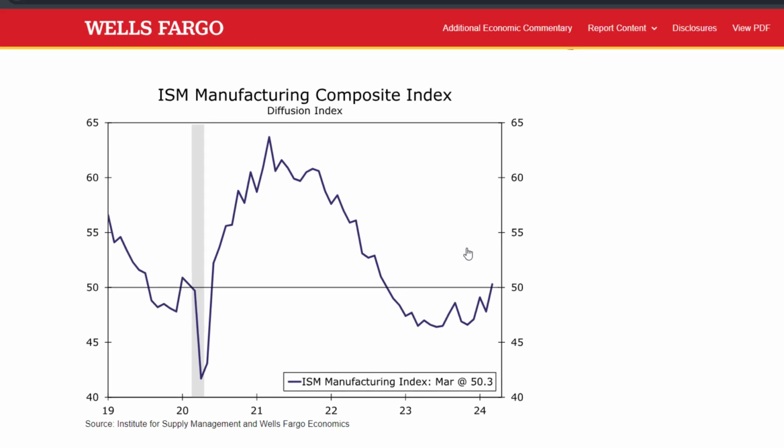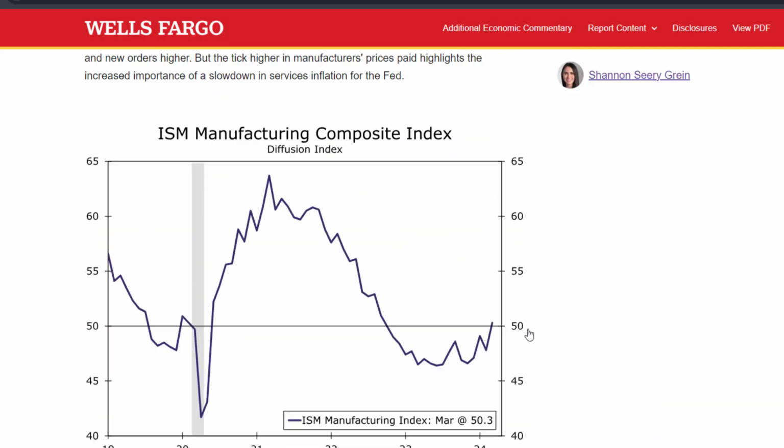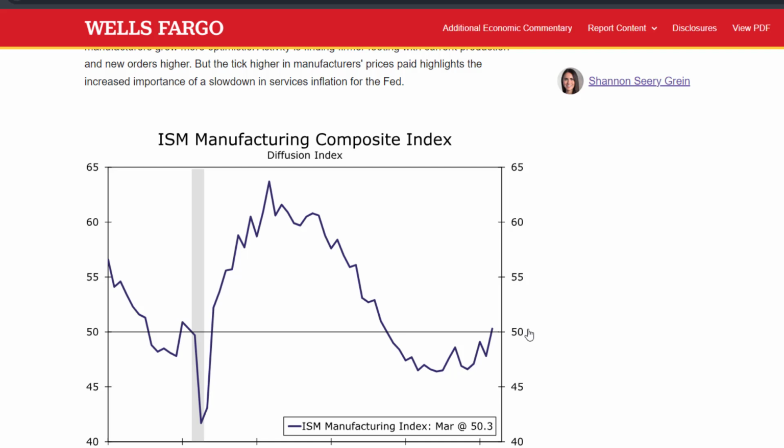Wells Fargo, which is the fourth largest financial institution in terms of assets under management in the United States, provided this little economic commentary. I'm not going to read entirely everything that they said. Again, not really a big fan of them, but we'll just leave that to the side. But one of the things I want to highlight is what they said when we're taking a look at the ISM Manufacturing Index, which basically shows us how manufacturing is doing. Well, we ended up seeing, again, manufacturing is doing well.